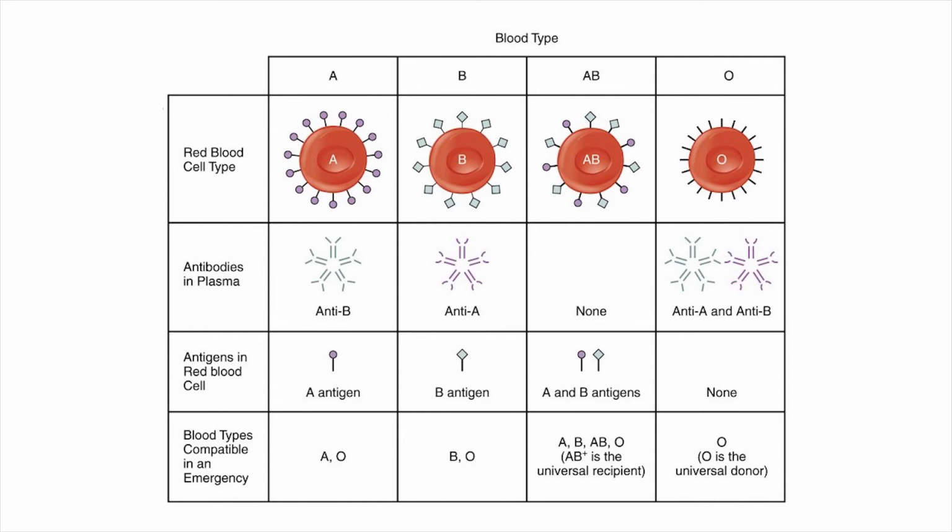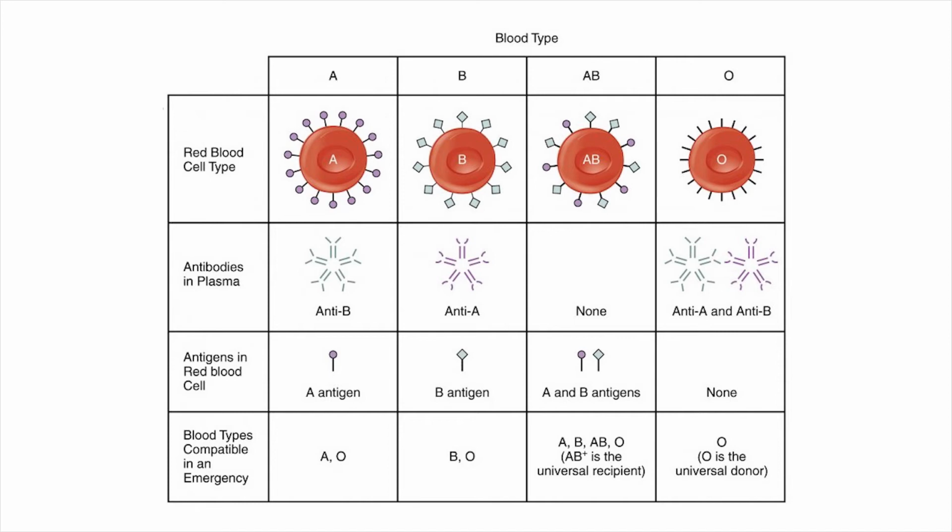Now, someone with type O blood has both anti-A antibodies and anti-B antibodies in their plasma, and their red blood cells do not contain A antigen or B antigen. Now, O negative is considered the universal donor because those red blood cells do not contain A antigen, B antigen,